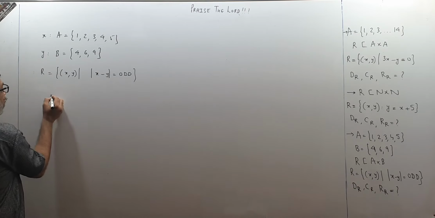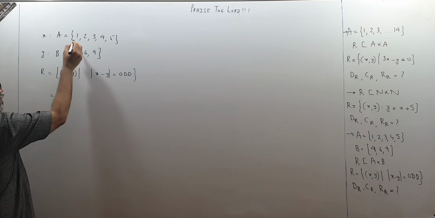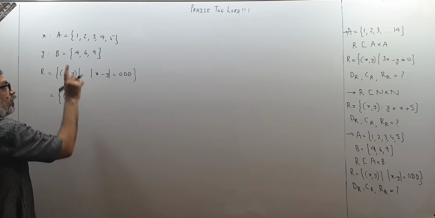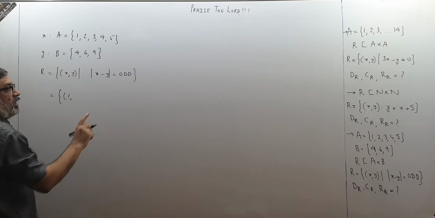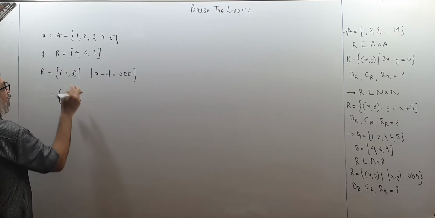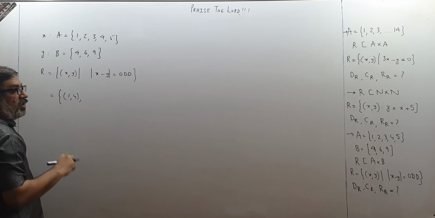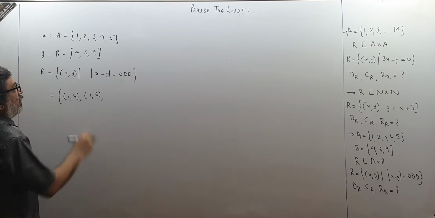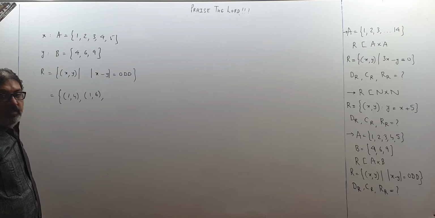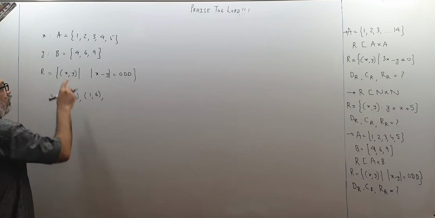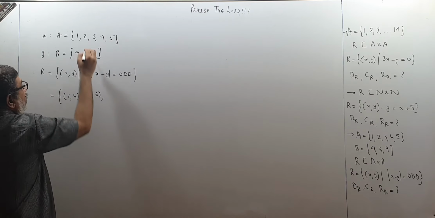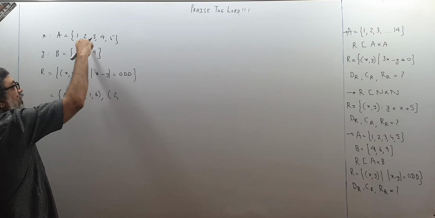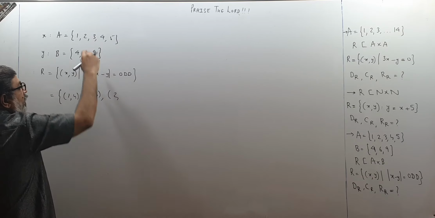What are the elements of this? If I pick up 1 from here, then I can pick up 4 because 1 minus 4 will be 3, that is an odd number. Positive difference. Difference of 1 and 4, 3, that is an odd number. So 1 and 4 can come. 1 and 6 can come or what? Difference of 1 and 6, 5, odd. So with 1, 6 can come. With 1, 9 cannot come because the difference is 8, that is not odd number. So with 1 only 4 and 6 can attach. Then with 2, can I have 4? No, their difference is 2, even number. 2 and 6, difference is 4, even number. 2 and 9 can come.